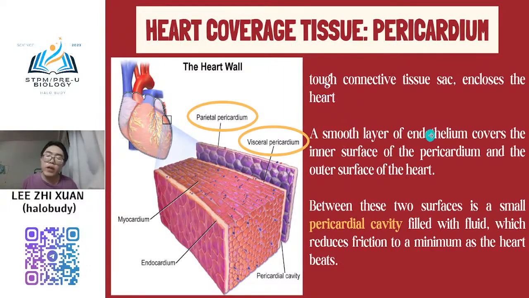And then a smooth layer of endothelium covers the inner surface of the pericardium and the outer surface of the heart. Okay, and then between these two surfaces is a small pericardial cavity filled with fluid, which reduces